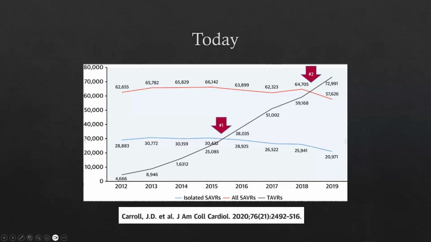This orange line on top is surgical aortic valve replacement plus an additional surgical procedure, such as a Bentall or CABG combination procedure. And this made up historically the bulk of all aortic valve replacements. But between 2018 and 2019, TAVR exceeded this as well when low-risk surgical patients were approved for TAVR. So you can see there's just been a steady, slow march increase in volume, which we're seeing in clinical practice as well.